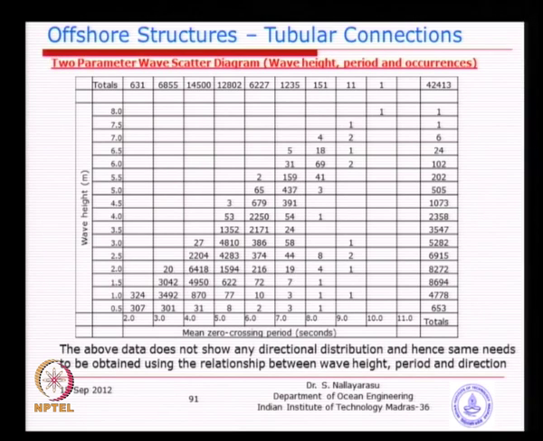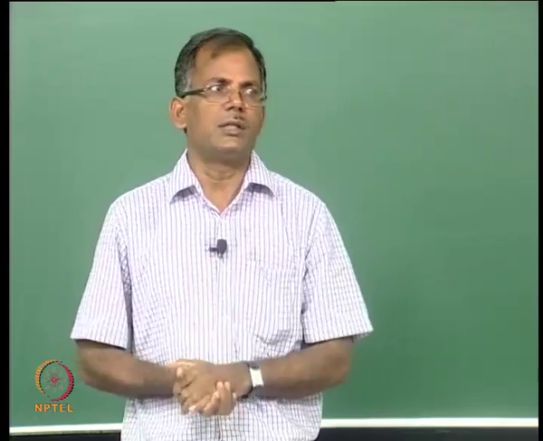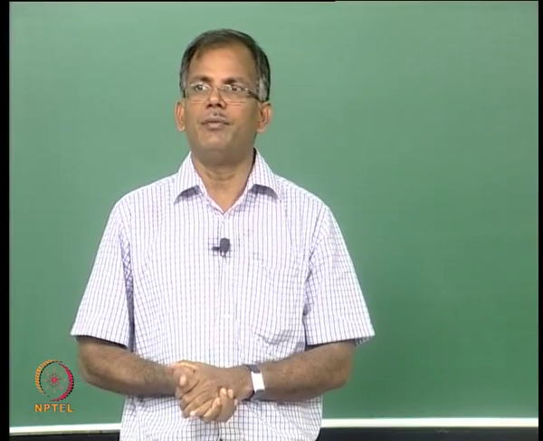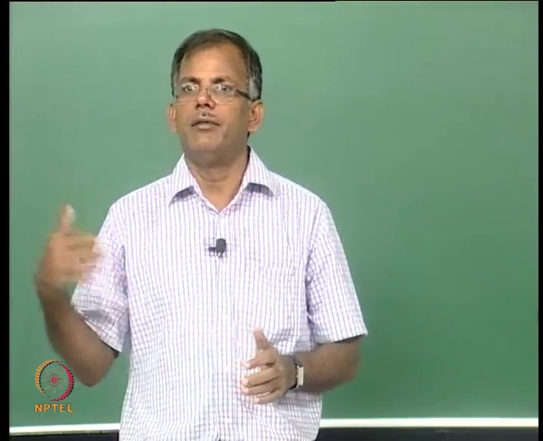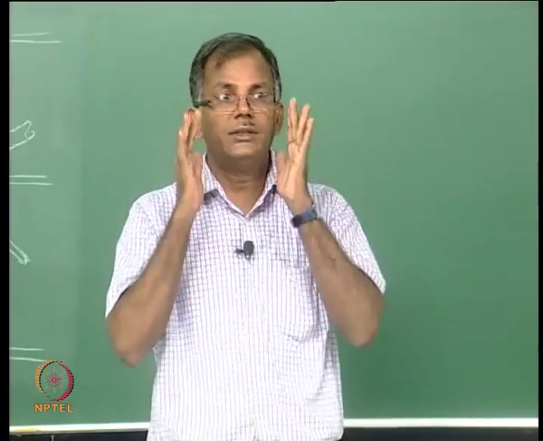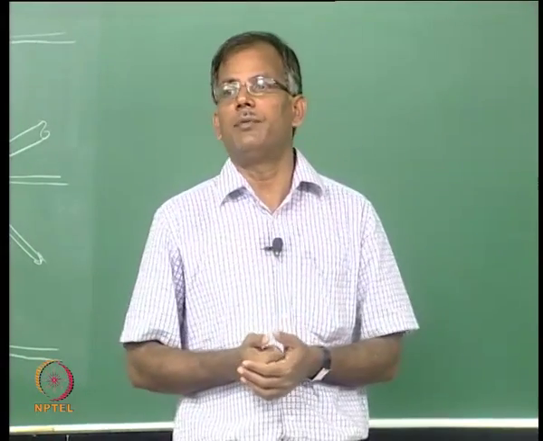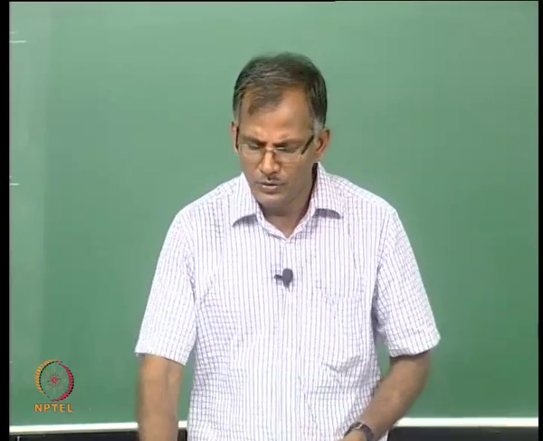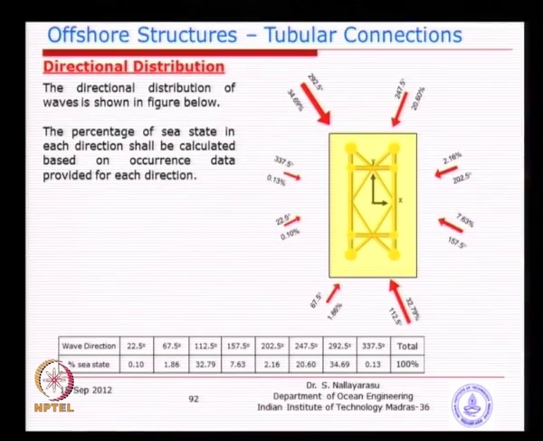So, how do we do this? Basically, one piece of information is missing: wave direction. Now you have a structure constructed at the site, but what we do not know is which direction the wave is coming from, because our structure is sensitive to the direction from where the wave is going to come. So, what we normally do is measure the information at the site, the predominant direction of wave